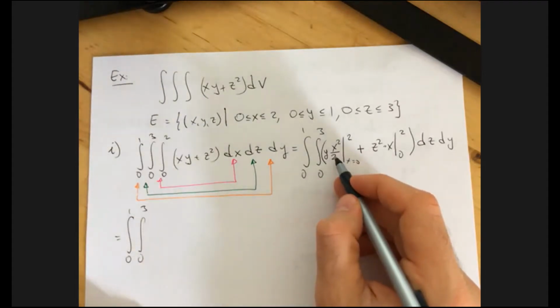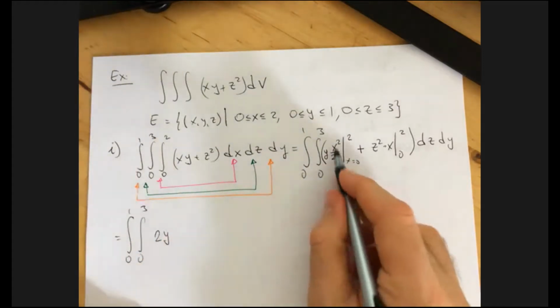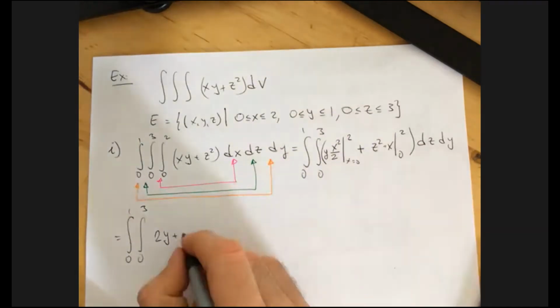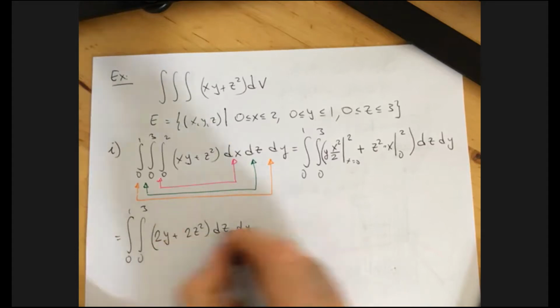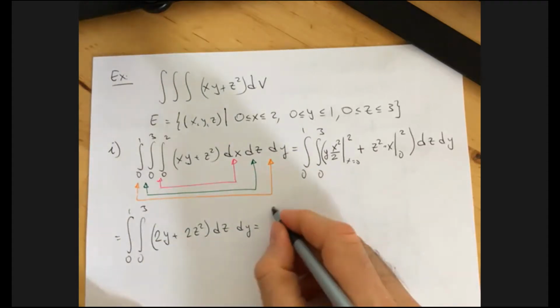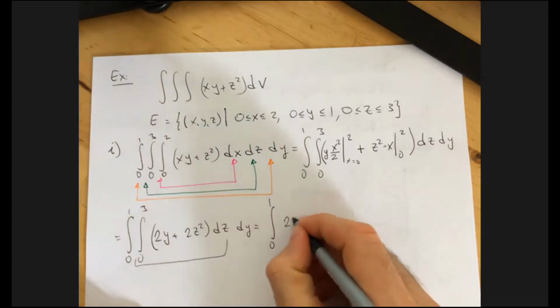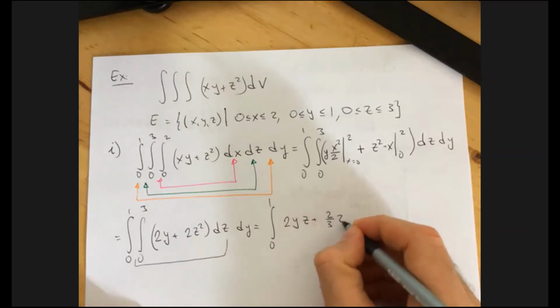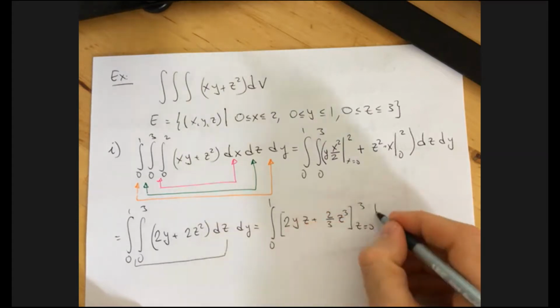That's 4 over 2 is 2, right? When you plug in 2, 2 squared is 4 over 2 is 2, so 2y. 0 over 2 is 0 times y is 0. Plus, plug 2 for x, plus 2z squared dz dy, which is equal to the single integral of, evaluating with respect to z, 2y times z plus 2 over 3 z cubed. z goes from 0 to 3, dy,